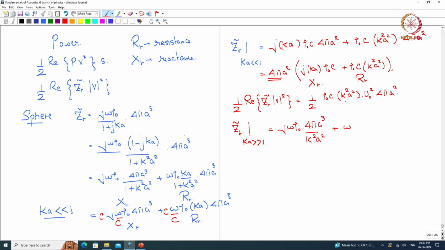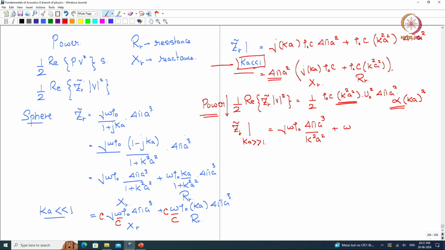So the idea is that it's proportional to Ka or K square. And so as Ka becomes smaller and smaller, the power becomes reduced. I suppose you got that idea. For small Ka, it is proportional to Ka or Ka squared. So when Ka goes small, K square goes much smaller, and then the power reduces,